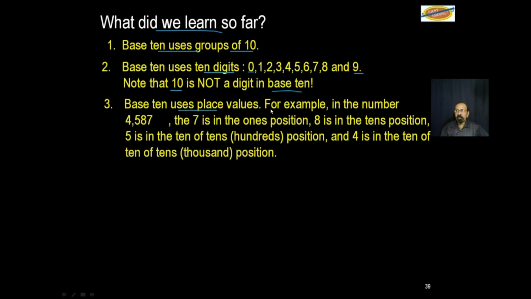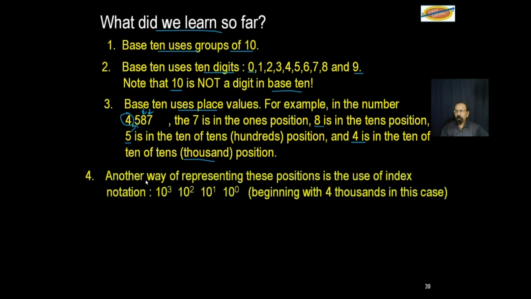But in this case, if you have 4,587, the 7 is in the ones position. So 7 ones. The 8 is in the tens position. That's 80. The 5 is in the hundreds position, 500. That is the tens of tens. And the 4 is in the tens of tens of tens, which is the 1,000 position. So that's